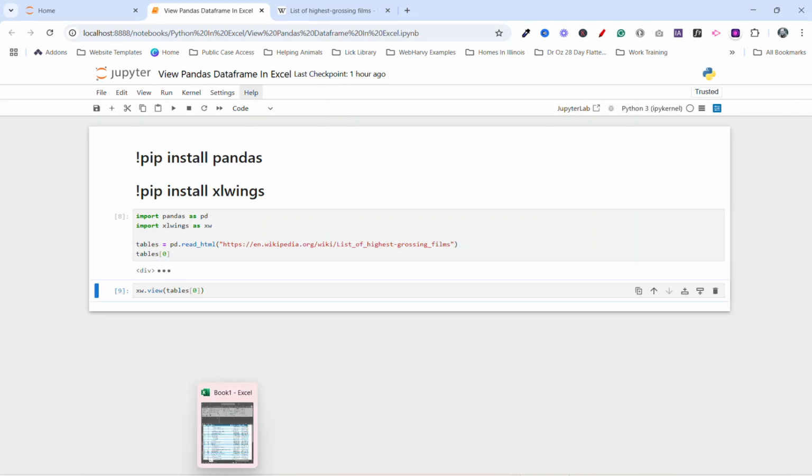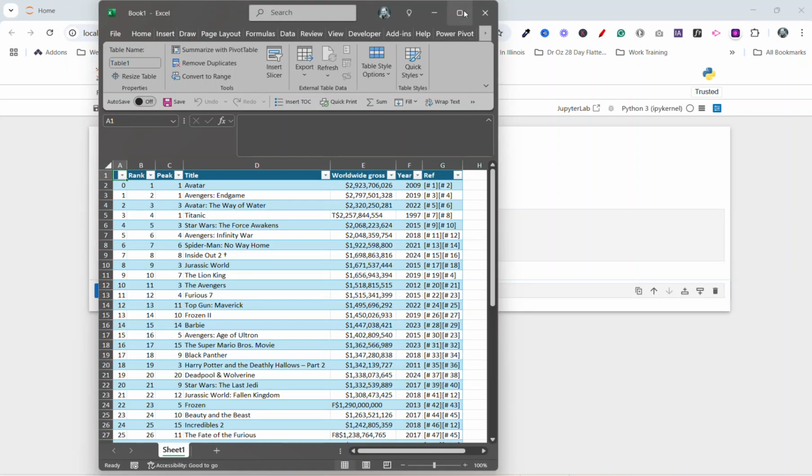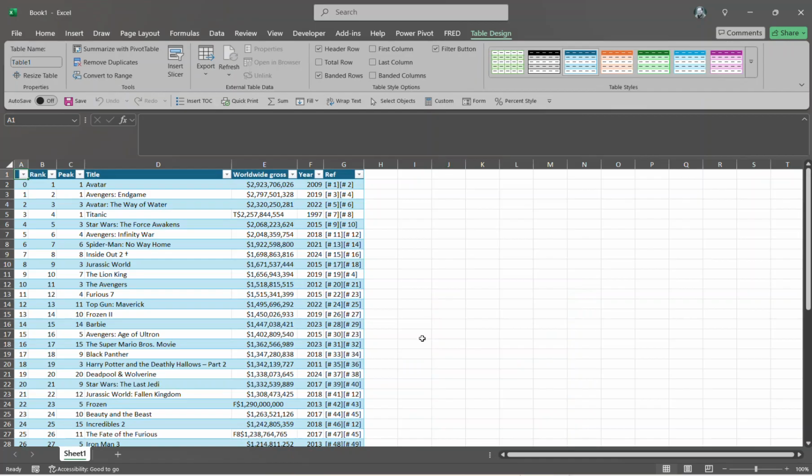Now let's open up Excel, and as you can see here, it created an Excel file, it put it into sheet 1, and now you're able to view that table that you brought in from that URL directly into Excel without saving it through Python code. But at this point, since you have an Excel file open with this data,